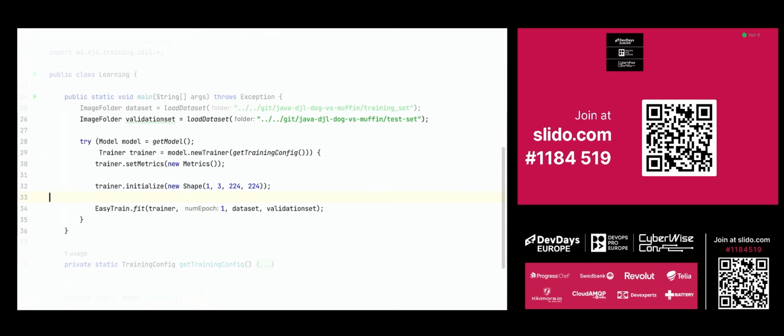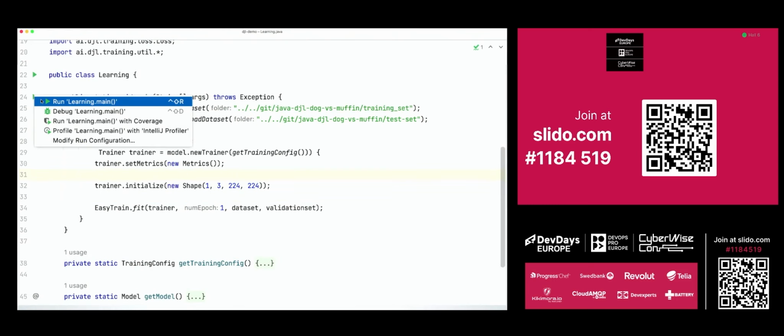So now we want to add some metrics because we want to see how good this model is while we're training it. So we can actually track the progress during this training run. And we need to initialize this trainer again on the same shape, so red, green, and blue, 224. And we call the EasyTrain.fit, and we'll say we're going to train for 1 epoch. So if we run this,